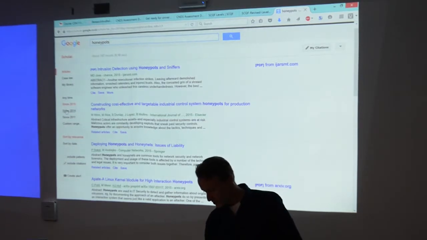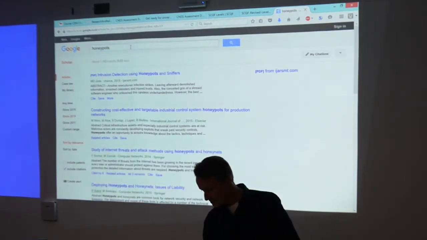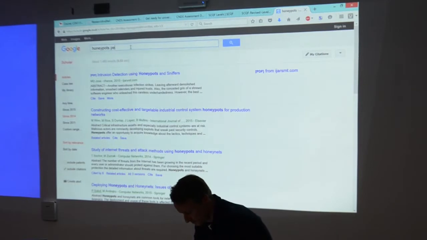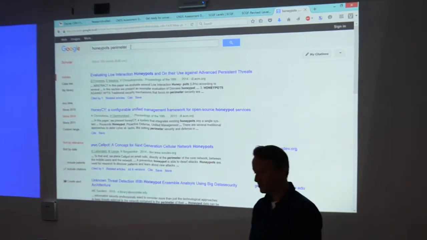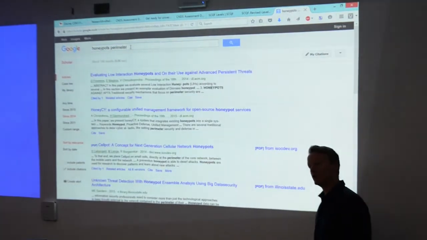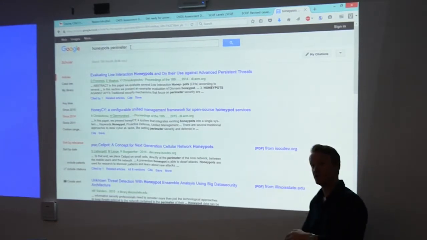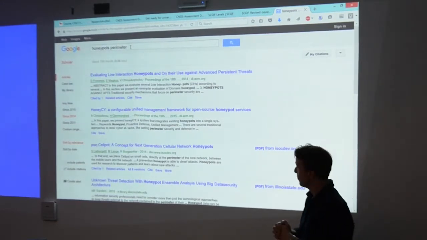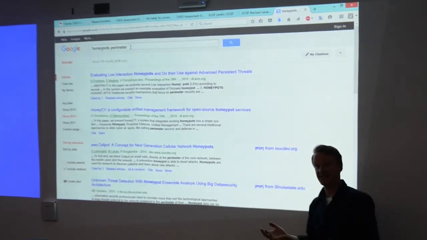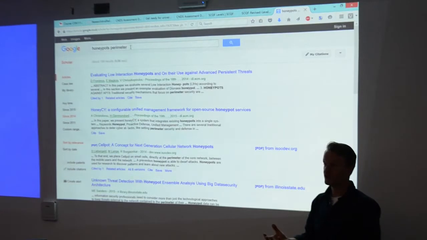So maybe look for the last couple of years, and I'd be starting to think about keywords straight away. When you're doing a big project, you're going to keep lists of keywords you've tried, and combinations of keywords. What you'll find is the more research you do, the better you get at it. You know which types of keywords to look for, you know how to find the right keywords.